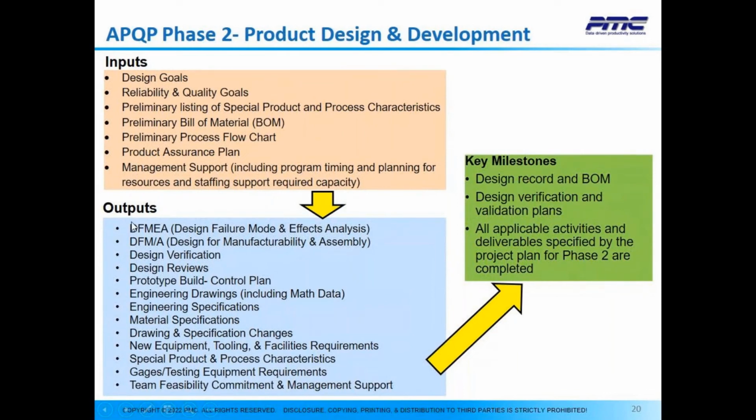So the expected outputs for this phase are design FMEA, design failure mode and effects analysis, design for manufacturability and assembly, design verification, design reviews, prototype build with control plan, engineering drawings, including math data, engineering specifications,